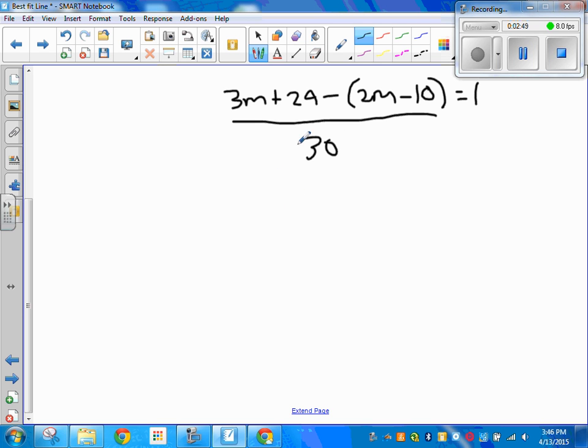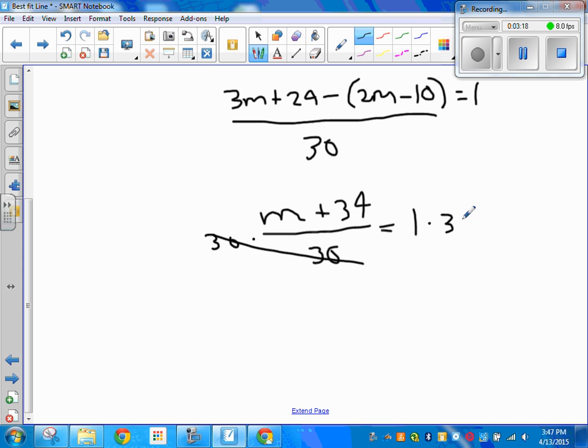Now that we're here, let's go ahead and subtract. 3m minus 2m is just m. Now 24 minus negative 10, we're actually adding them, and I'll get positive 34 over 30 is equal to 1. Now, to get rid of this denominator, I'm going to do the opposite of dividing by 30. I'm going to multiply by 30. That will cancel those. But since I multiplied the left side by 30, I also multiply the right side. So we're left with m plus 34